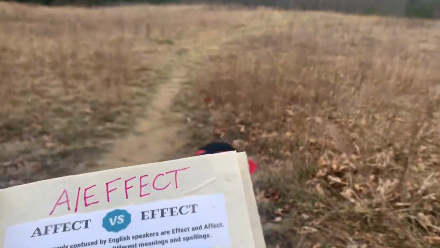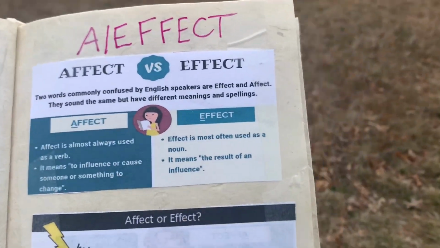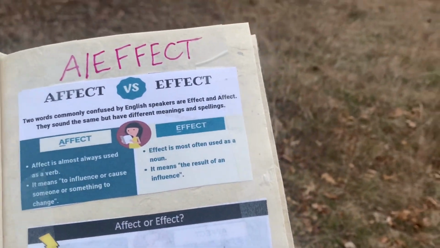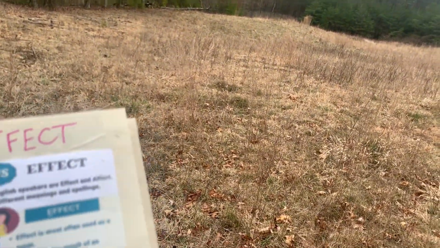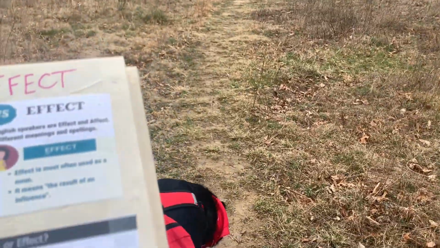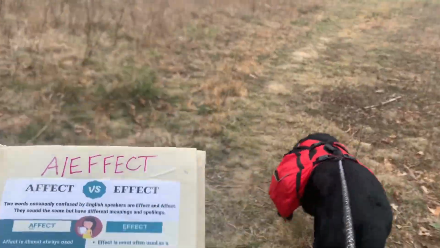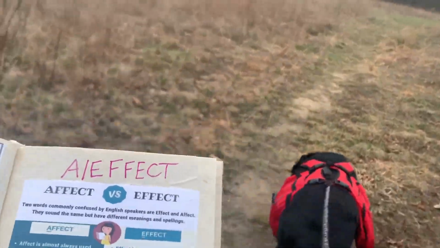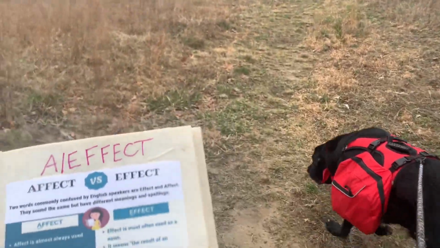of an influence. So you can see how these two words are quite similar, and I think that's why people confuse them so often, because a lot of the time other homophones will have completely different meanings. But this one, the meaning is somewhat similar. So you just need to remember that one is a verb and one is a noun. And you need to remember the difference between the two and where they belong in a sentence.